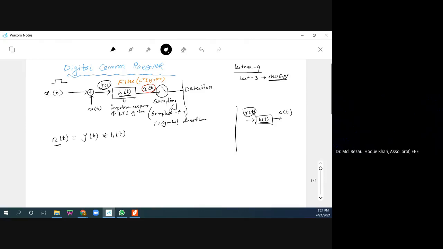What is this convolution? Convolution is a mathematical operation on two functions, here y(t) and h(t),